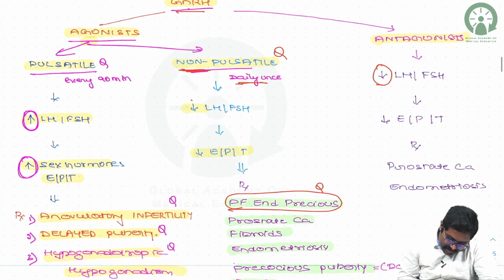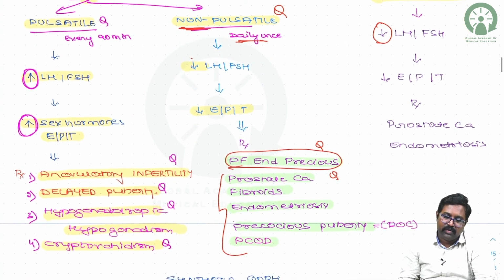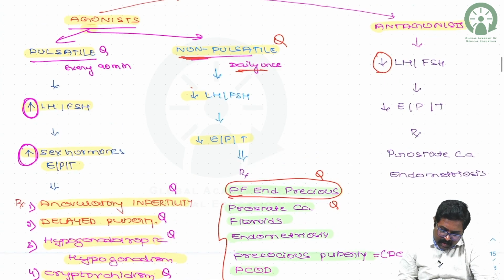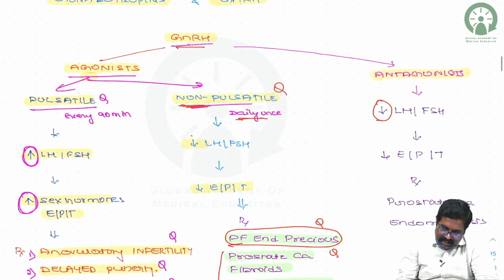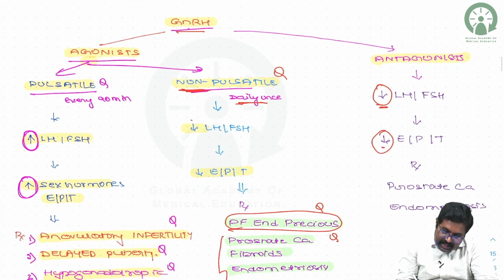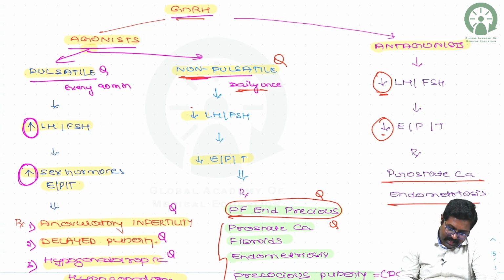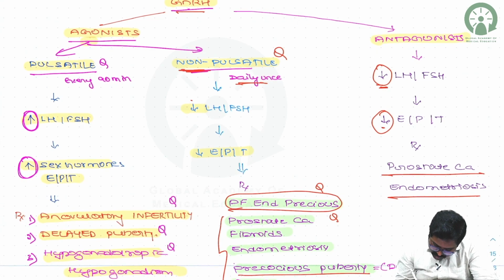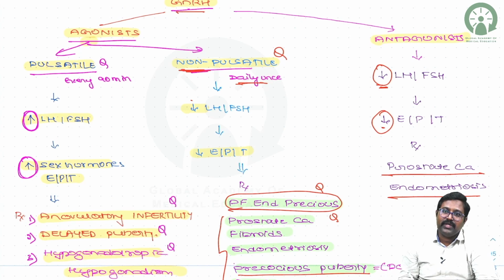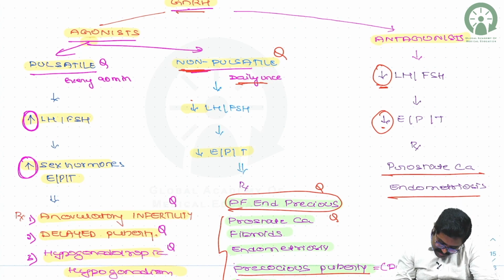So next, that is the GnRH antagonist. It decreases the LH and FSH levels. In turn, they decrease the sex hormones. Where it can be used, it's similar to that of the GnRH agonist when it is used in a non-pulsatile way. They are used in prostatic carcinoma, endometriosis, etc. Please remember, in case of precocious puberty, the GnRH agonist in a non-pulsatile manner is the drug of choice. We'll also see what happens when synthetic gonadotropin releasing hormone is injected. So, are there any